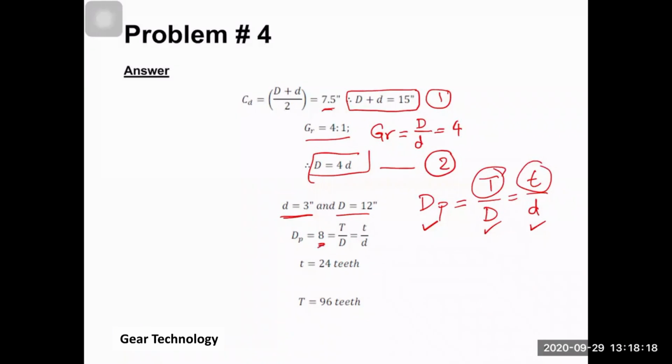If we use it with the second part, 8 is equal to t over d, okay, so it's equal to t over 3. So from here, small t is equal to 24 teeth. Then 8 again is equal to capital T, which is the number of teeth on the gear, divided by capital D, which is the pitch diameter of the gear, is equal to